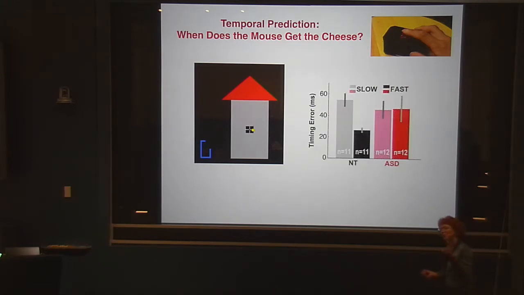We had 2 ball speeds, fast and slow, and the results show that the neurotypical children have a timing error that is much larger in the slow than the fast one. And this scaling of the temporal error with time is a very common observation in all kinds of temporal judgment and estimation tasks. The autistic children are similarly, call it bad or not so good, in both slow and fast, with a relatively high variability. So they do not show the typical error pattern in time estimation as is usually seen.